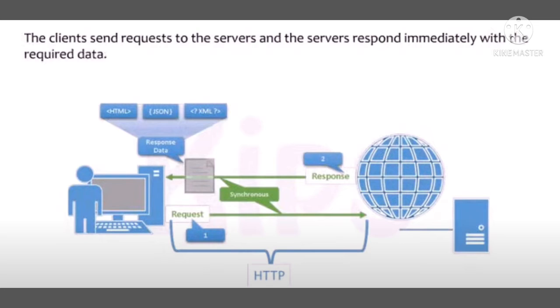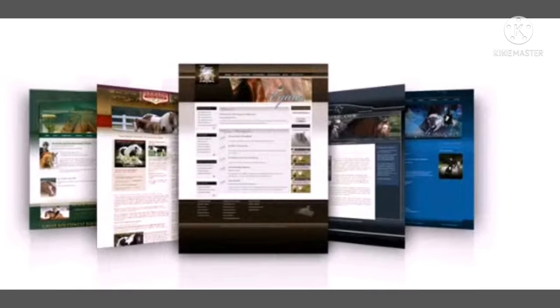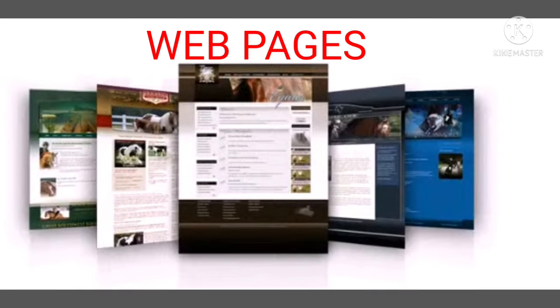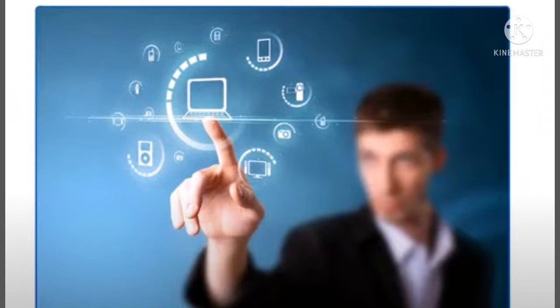These servers store files and information in the form of websites, and these websites contain millions of pages called web pages. Whenever you search for information using several browsers, you can see different websites and web pages on which the information will be found. And an internet connection is a must for accessing these web pages.